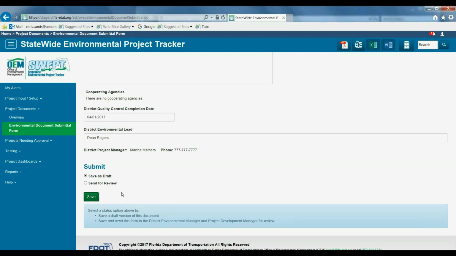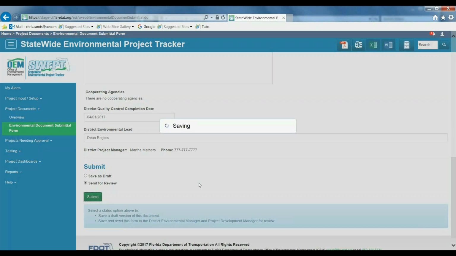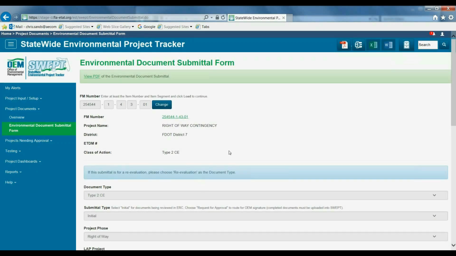I'm currently logged in as a project manager for my district. When I send this for review, it will immediately go to my district environmental manager and project development manager, skipping the step that if I were data entry, I would have to first send it to the project manager for review. When I've successfully submitted the EDS for review, I can see a link at the top to view the PDF